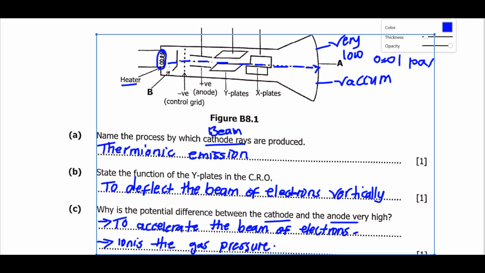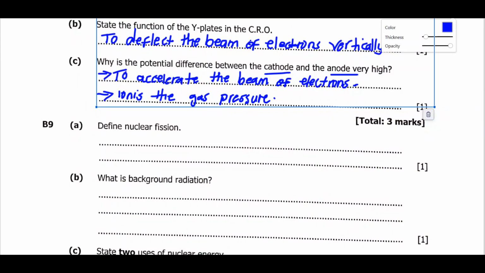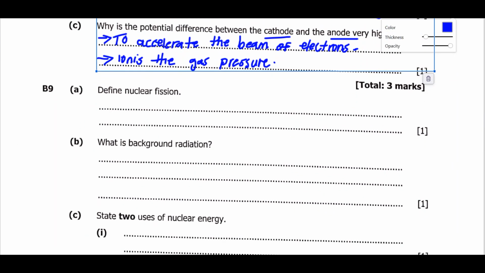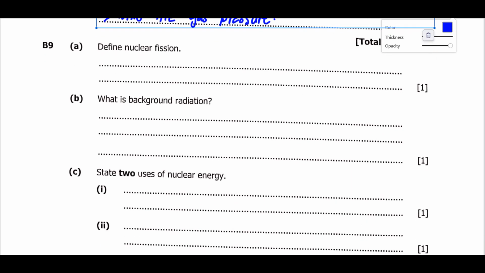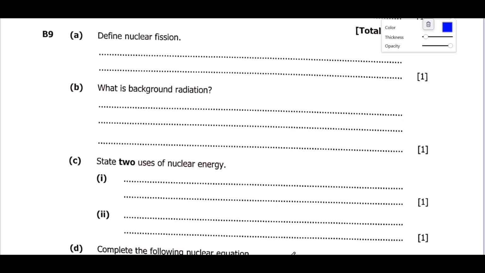Right, so we move on to the last question, question 9. Define nuclear fission. Don't confuse fission with fusion. To fuse is to join. So fusion is where two smaller nuclides combine. Fission is to split. So say the splitting